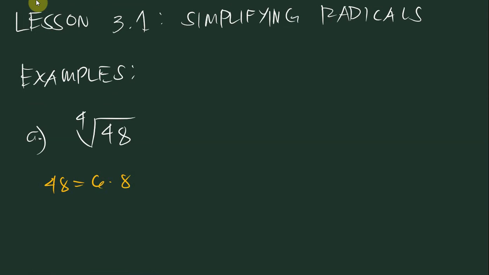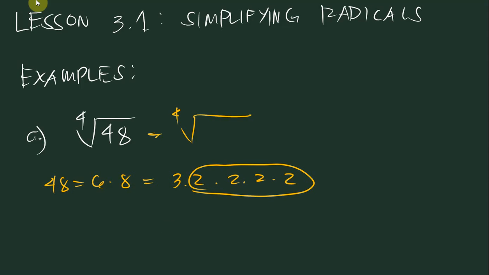48 is equal to 6 times 8, right? And then we can further break that down into 3 times 2. And then 8 is 2 times 2 times 2, right? As you can see here, we have four 2's. So we can say that this will be equal to the fourth root of 2 raised to 4 times 3. So, the property of radical that we can use here is